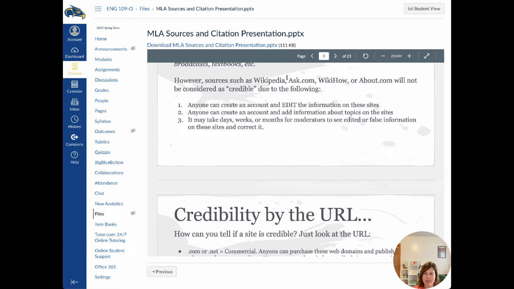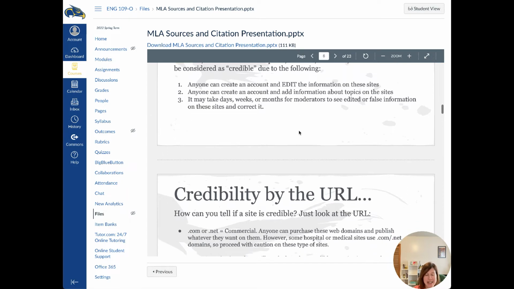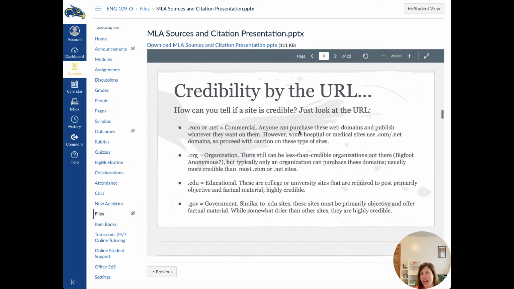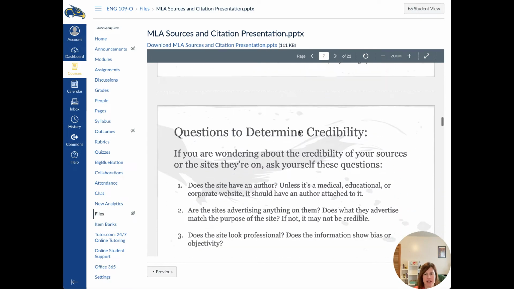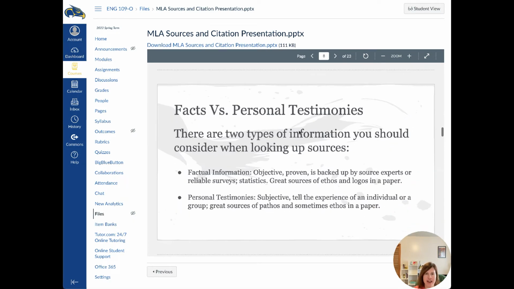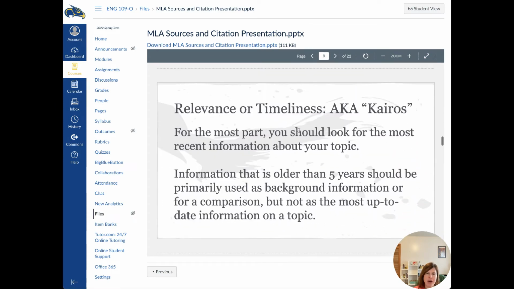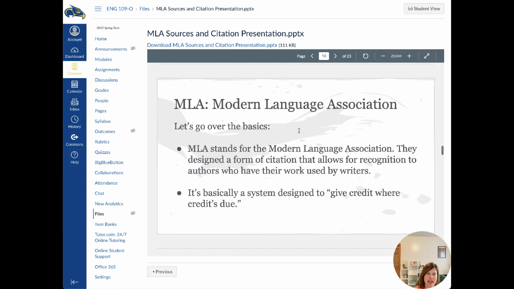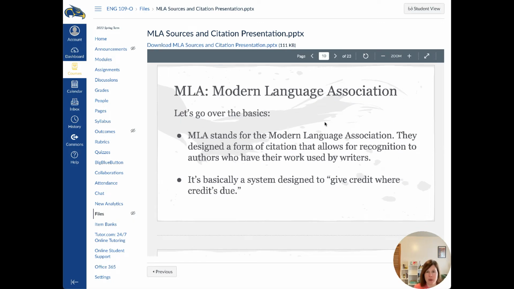But yeah, Jairus Bellamy, no, he's a guy in his 30s that lives in Northern Illinois. He is not Frank Sinatra's spiritual advisor. But that site didn't fact check, so there you go. And the rest of this talks about finding credibility, things like that, facts versus personal testimonies. But I want to go down, there's several, basically with MLA, MLA stands for the Modern Language Association.